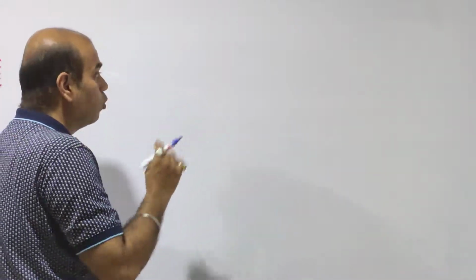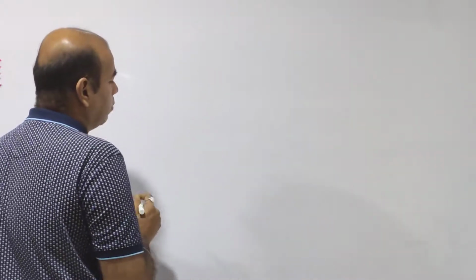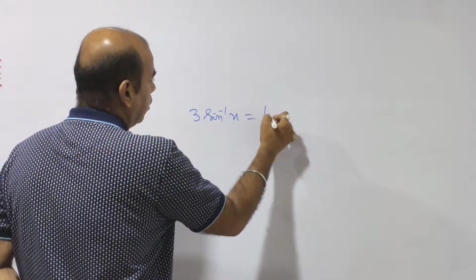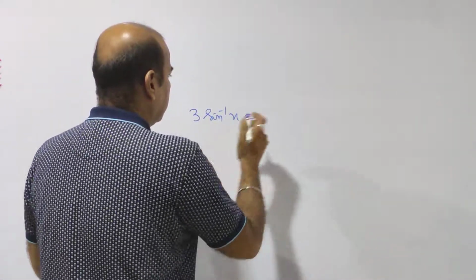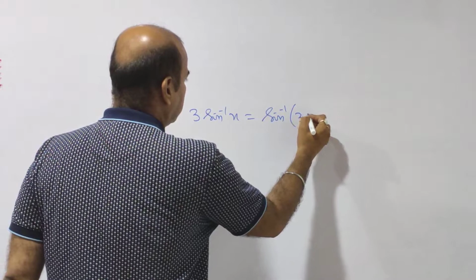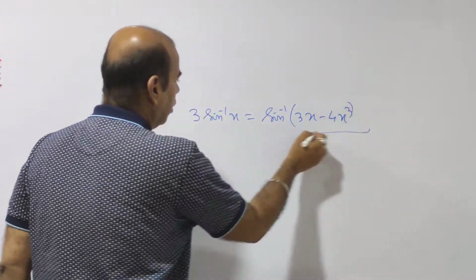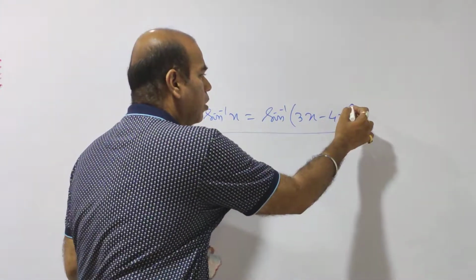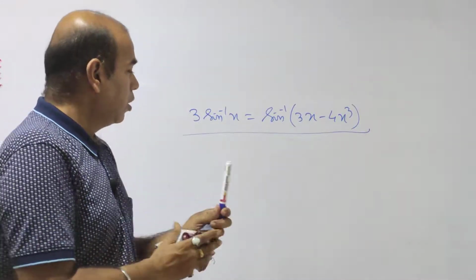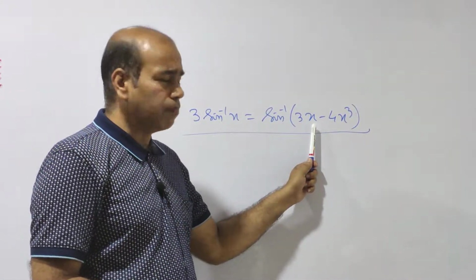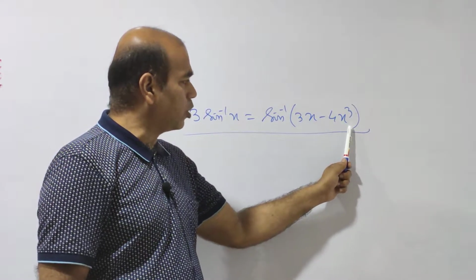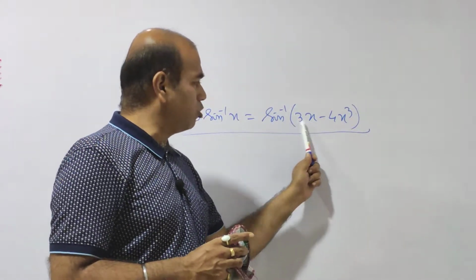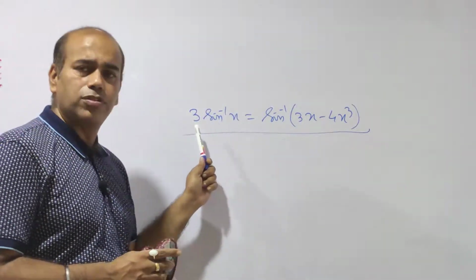Let me tell you some more formulas. If it is 3 sine inverse x, it is sine inverse 3x minus 4x cube. See students, it is very easy. Again I told you these all are resembling formulas of class 11 trigonometry. You see, if I take x equals sine theta, it is 3 sine theta minus 4 sine cube theta, which is sine 3 theta. So this is the formula for sine 3 theta, and I am getting 3 sine inverse x this side.